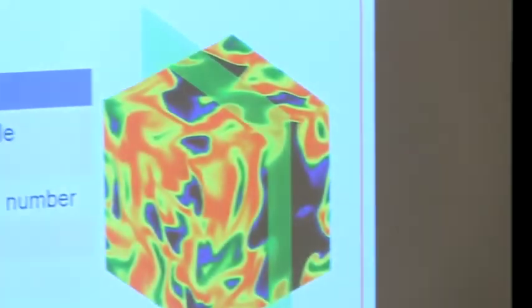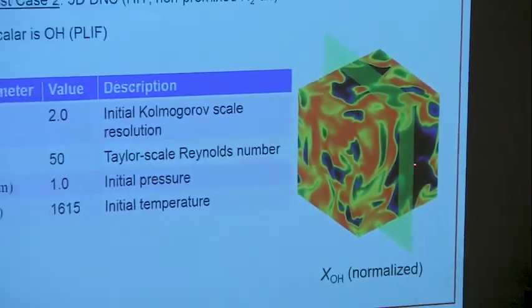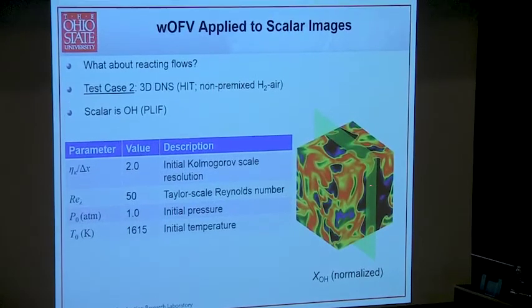What about reacting flows? Test case 2 is still DNS, but it's 3D now. Non-premixed hydrogen-air combustion. So here's a DNS in a box. But here we're going to simulate things. We're going to put a laser sheet